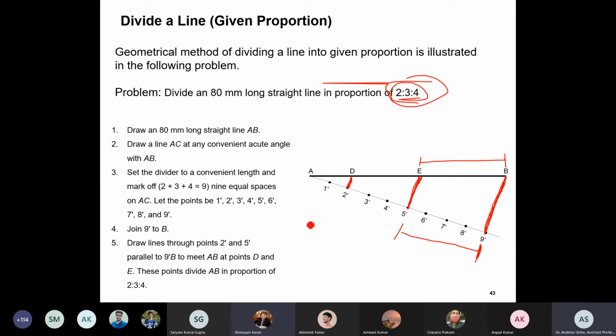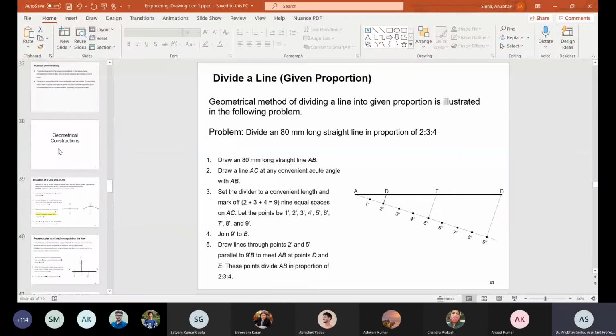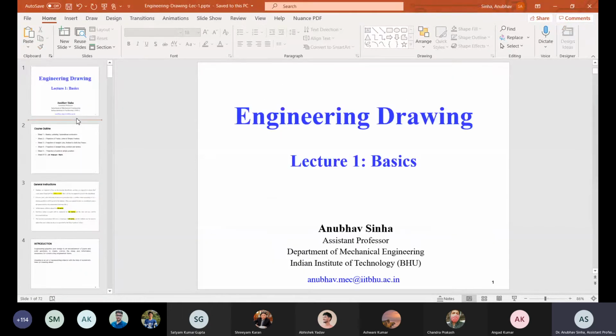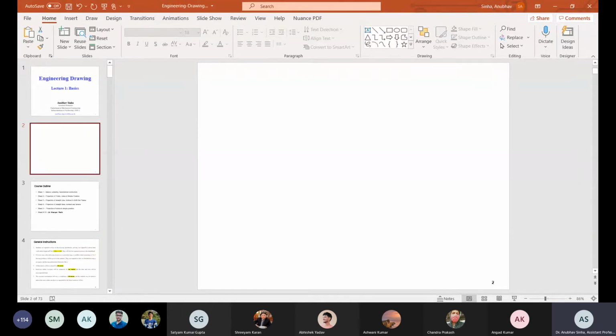AD, okay, let me do one thing. Let me draw it for you. Just give me a second. If my pen works, I will show you. So let me get one new slide. Okay, or let me draw it here. Okay, so